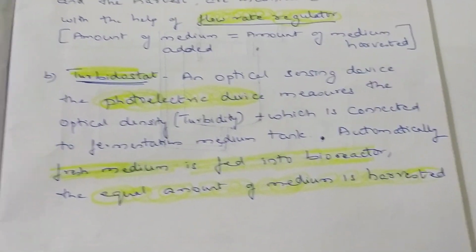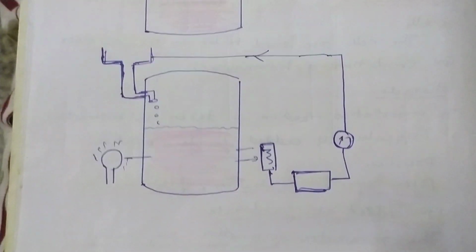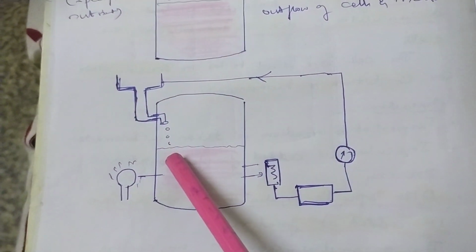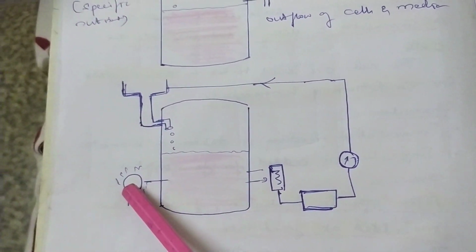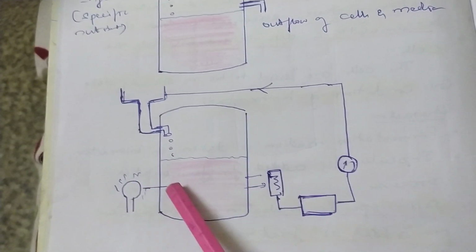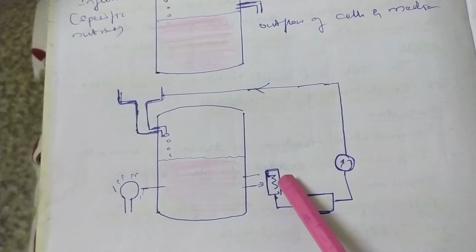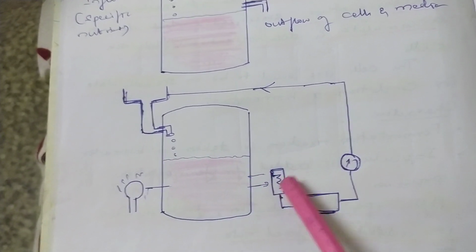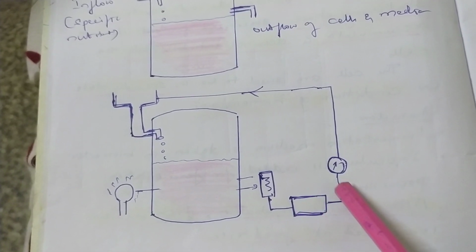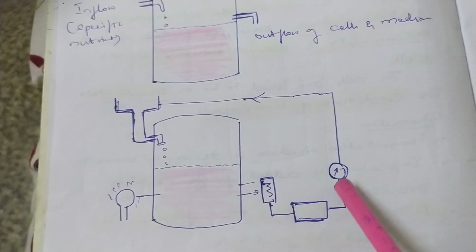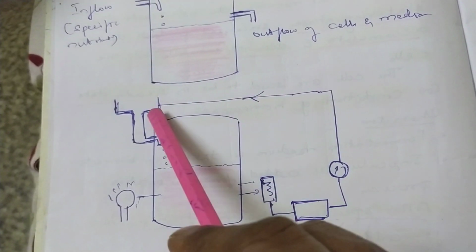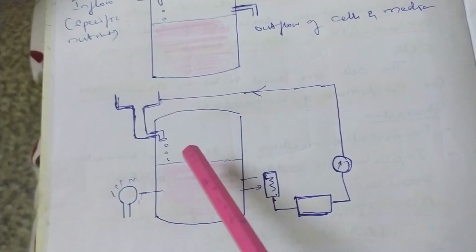How to make you understand this? See here, this is a similar diagram which will tell you. Here is the tank which adds the medium. Here is the photosensitive cell, and this is a light source. As light passes, based on the density, it will check the turbidity. That is going to be monitored by the photoelectric cell amplifier. Then it helps in regulating how much medium to add here, so that these cells will be